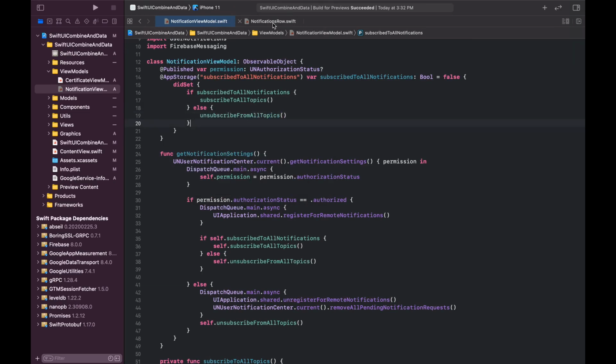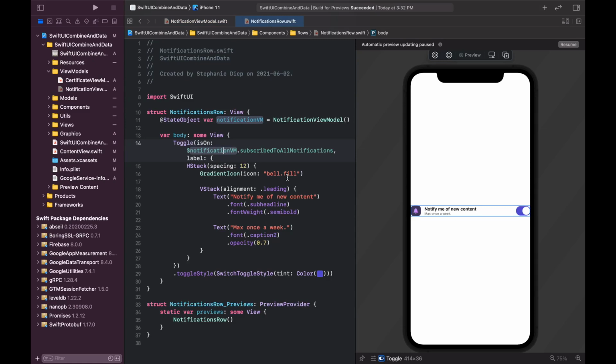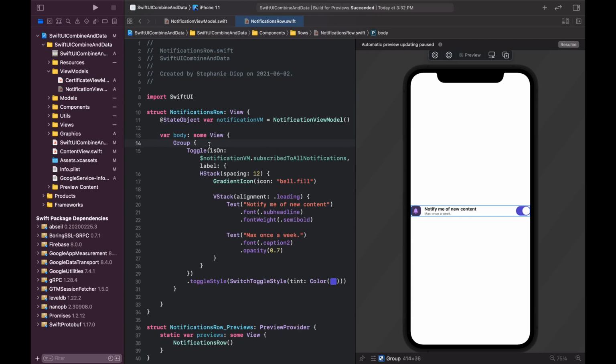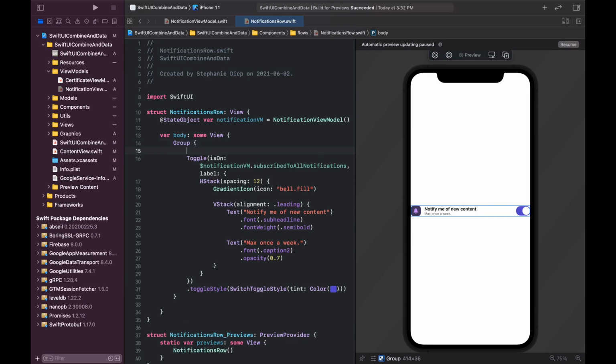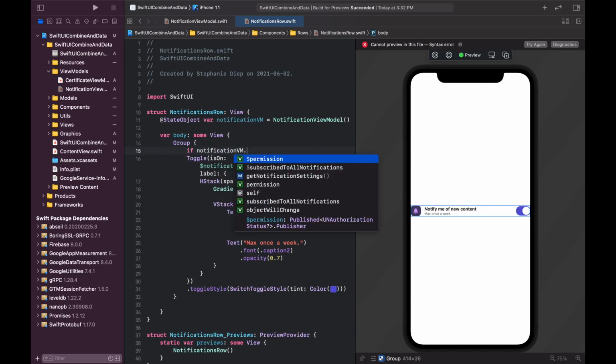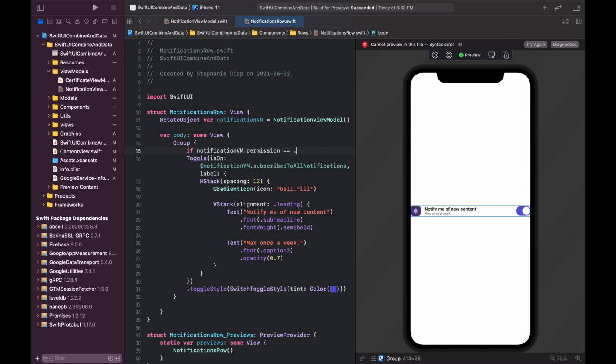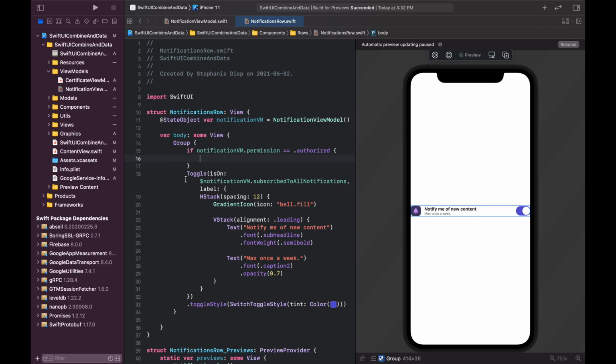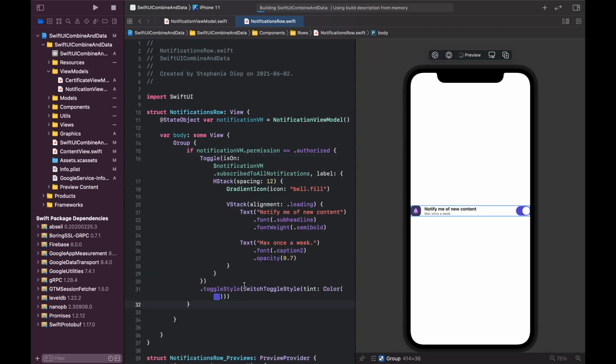Now, let's go back to our notifications row. We will update the UI depending on whether the user allowed us to send them notifications or not. So first, let's wrap our toggle in a group. And then we will add an if statement. So if notification VM dot permission equals authorized, so if we're authorized to send them notifications, we will display the toggle. Because it doesn't make sense to subscribe users to a topic if they don't allow us to send